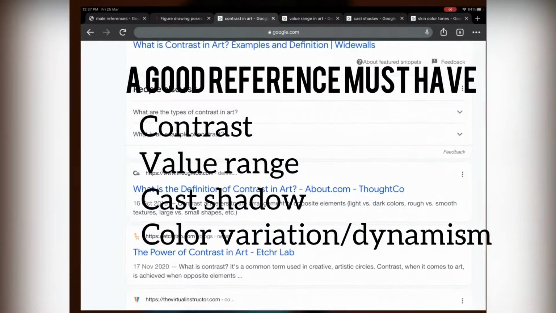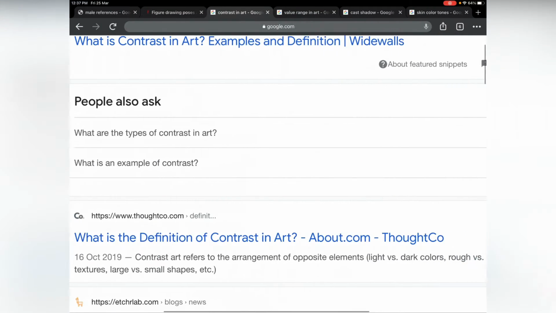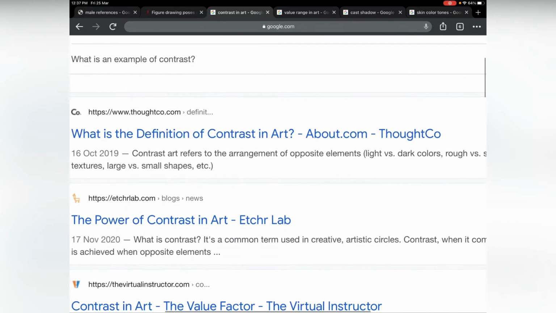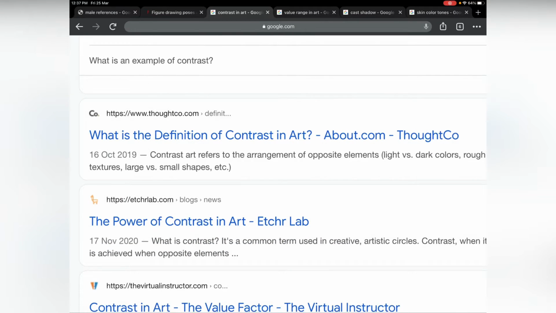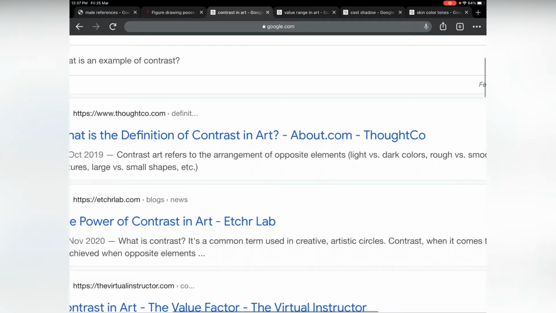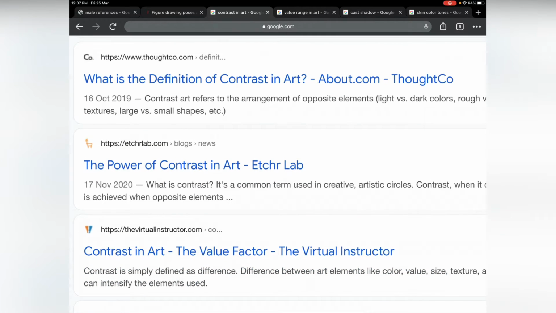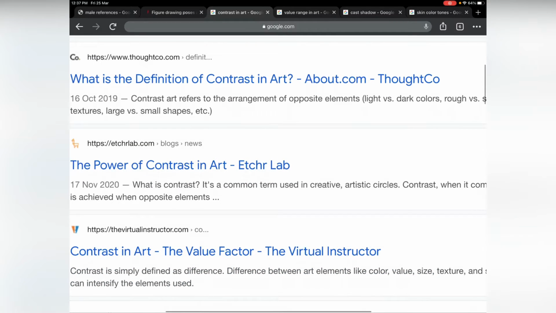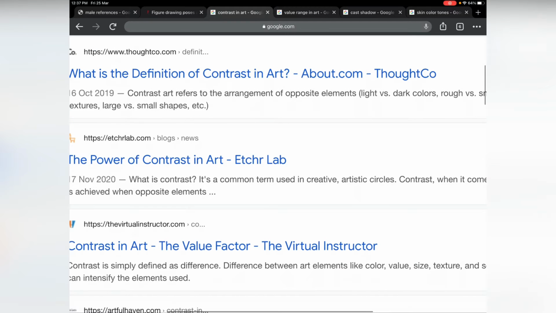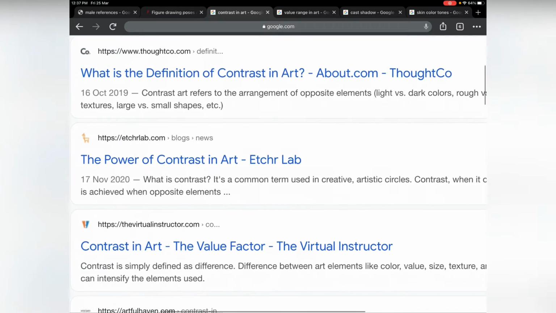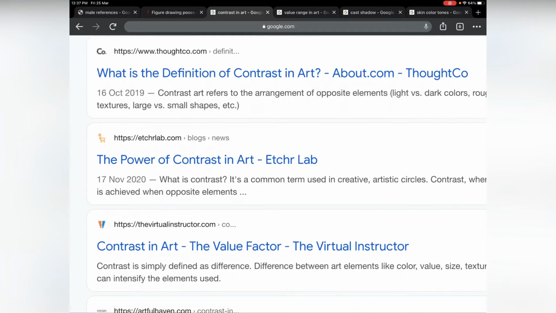And according to Google, contrast in art refers to the arrangement of opposite elements: light versus dark colors, rough versus smooth textures, large versus small shapes. Another definition of contrast in art is a common term used in creative and artistic circles. Art contrast is achieved when opposite elements are